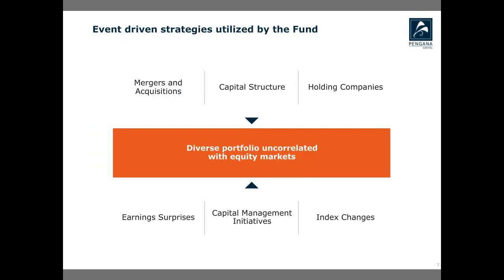If I just jump to page 7 of the presentation, that gives you a high-level overview of the key sub-strategies of the fund. Mergers and acquisitions makes up a significant portion of the book. In this sub-strategy, we identify companies being acquired and the price inefficiency around an announcement of an acquisition. For example, the recently announced Oil Search transaction overnight provides very unique trading opportunities where returns are driven by a particular event. Outside of M&A, we are also active in holding companies arbitrage.